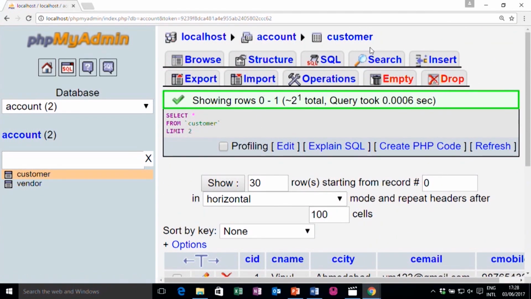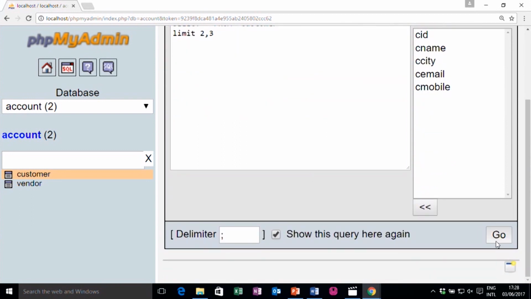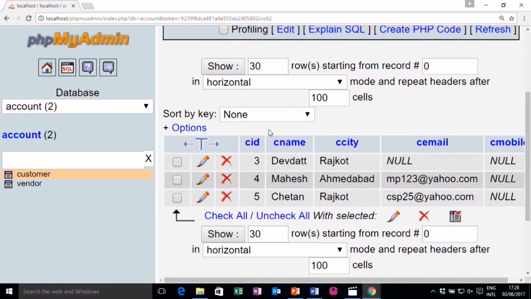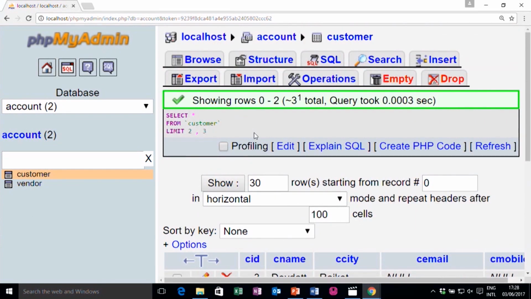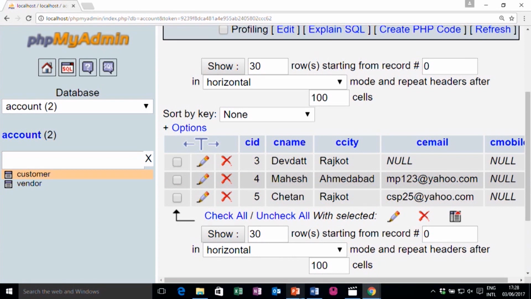But if I write select star from customer limit 2, 3, it will display records number 3, 4 and 5, because the offset is 2 and it starts from 3. So, 3, 4 and 5 will be displayed.